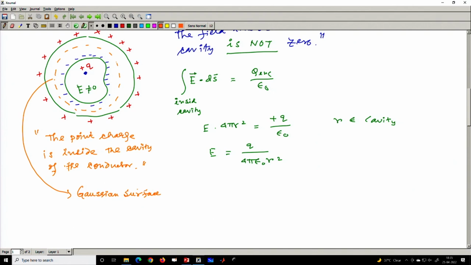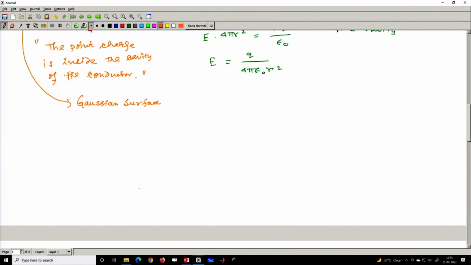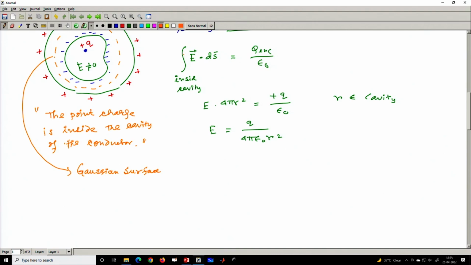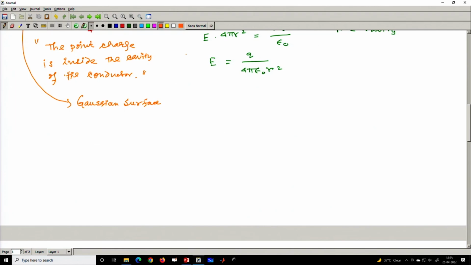So, now again I am going to use the same law to find out what is going on there, and my law suggests that here I need to make this notation total, because it is inside the cavity and the total surface I need to calculate. So, here I will do the same thing: the closed surface integration E dot ds, for this Gaussian surface, will be q enclosed